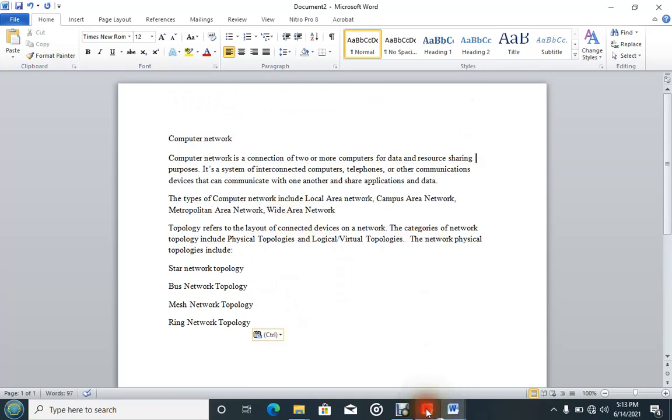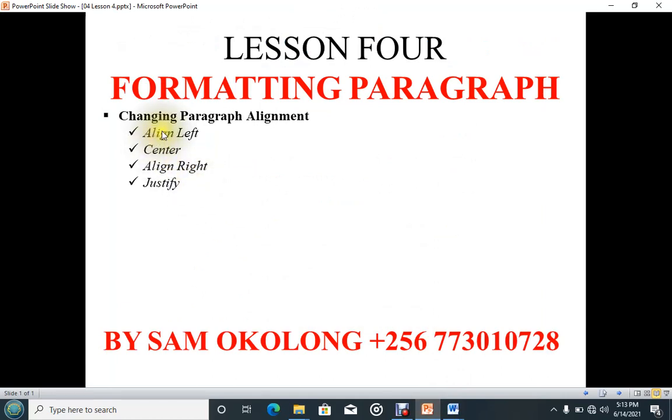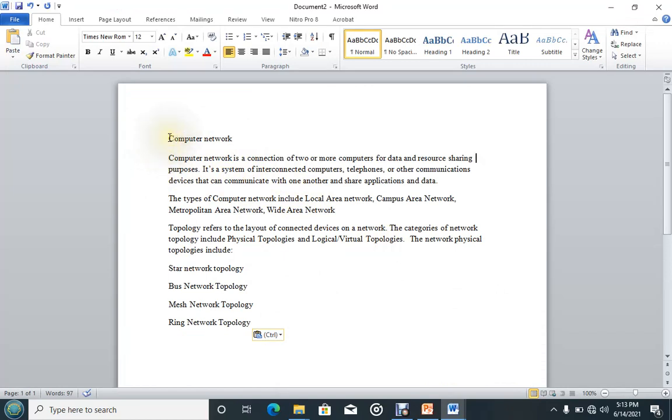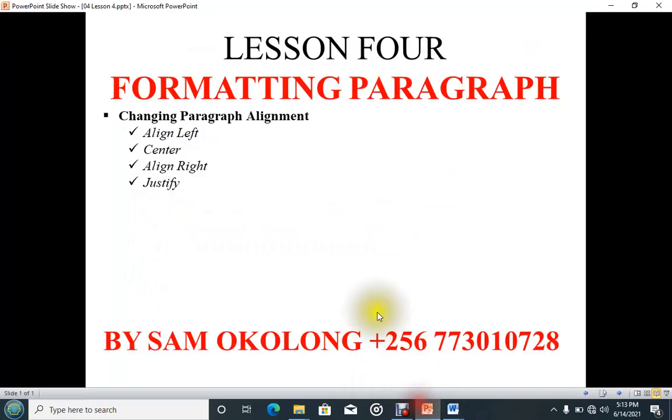So under paragraph alignment, we are going to look at aligning text left. That's always the default. How the text is organized here is by default left. Then secondly, we are going to look at centering the text. Centering text means moving the text to be in between the left and the right margins, producing ragged left and right edges.